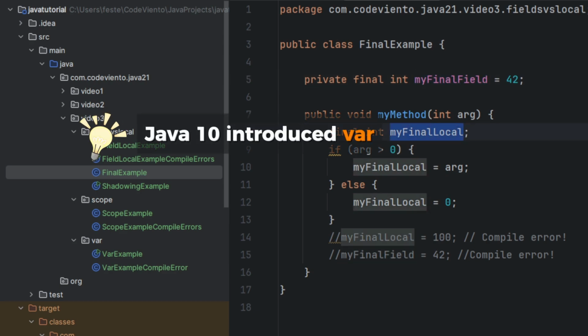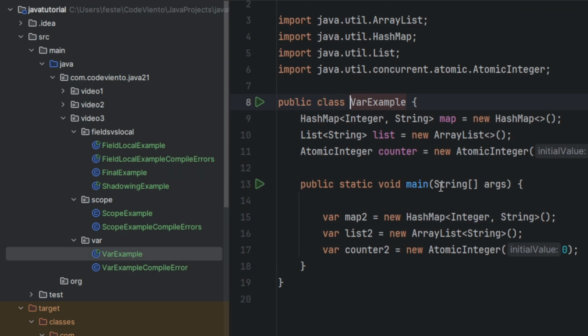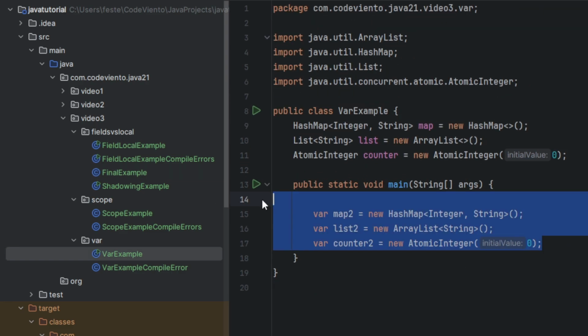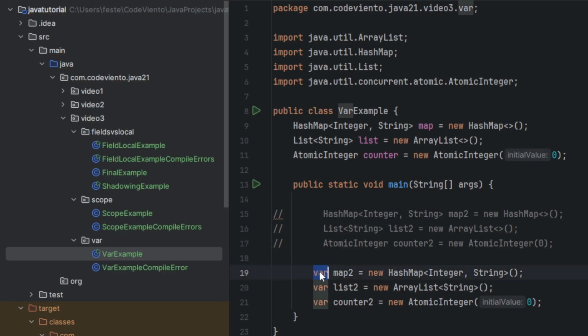So, do you know which Java version introduced var variables? Java 10. Let's check var variables together and what they are, okay? They declare local variables without writing the type. The compiler infers the type based on the value. And as you know, this is the traditional way to declare a local variable. In each case, the type is mentioned twice. Once on the left-hand side, once on the right-hand side. This is where the var keyword comes into play. With the var definition, code becomes clearer, but type safety is still maintained.